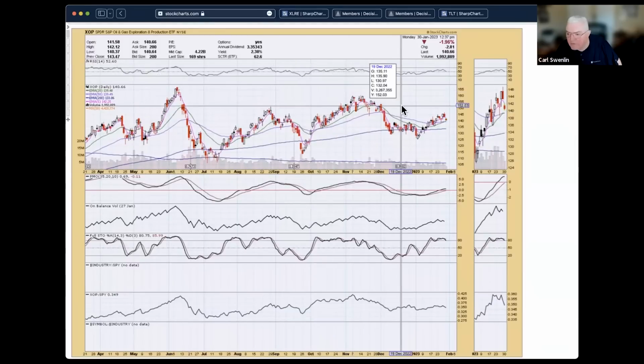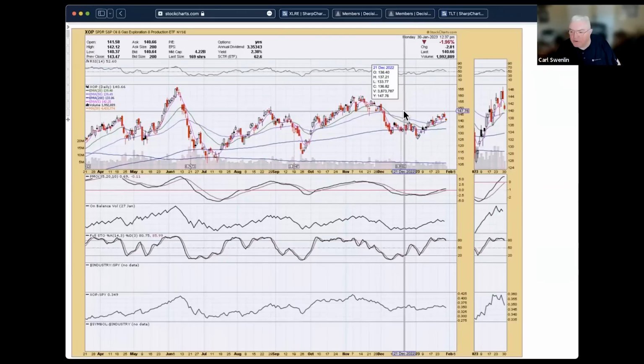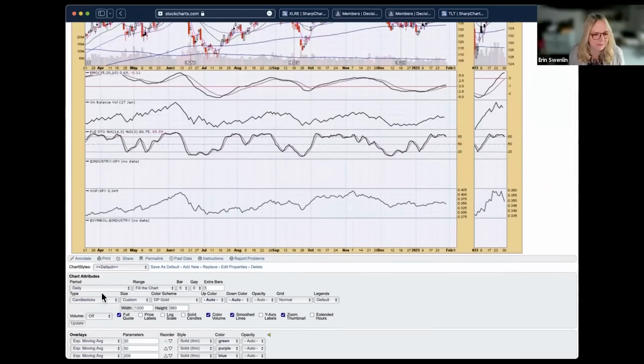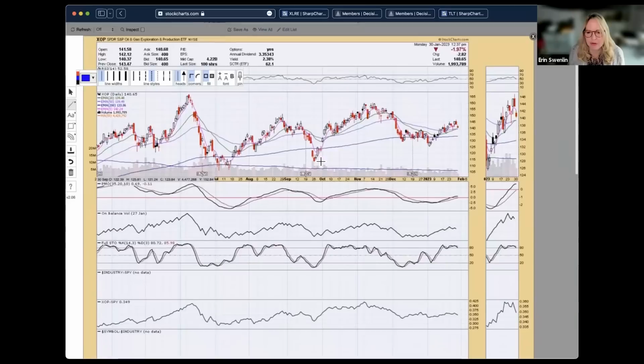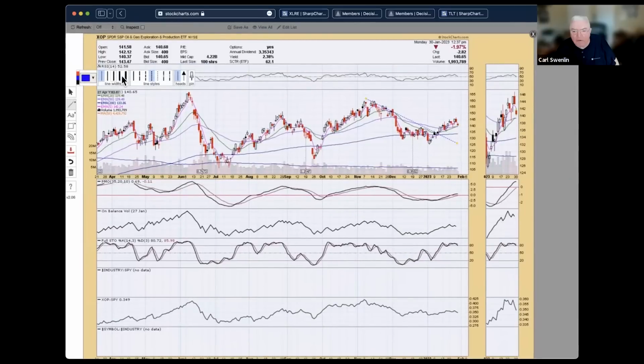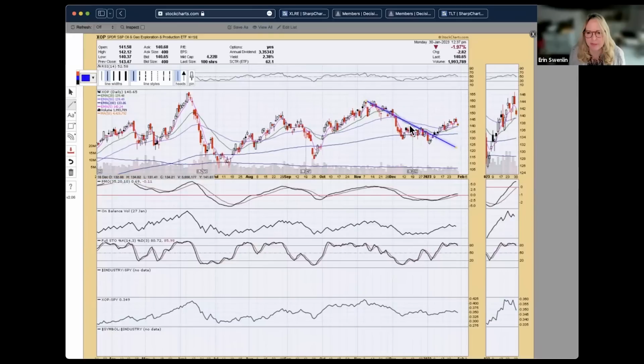XOP did have this descending wedge a few weeks ago, which is bullish. Yeah, descending wedge is bullish if we can locate it. Right there. Let me get to the annotate. We're going to have to go to the weekly chart to look for something like a. Yeah, that was a descending wedge there. It's a little messy, but you get the idea. Whoops, there we are. So there's the bottom one right there. So yeah, we had the descending wedge. We got the breakout as expected. Looks like we have a silver cross in the making right now.